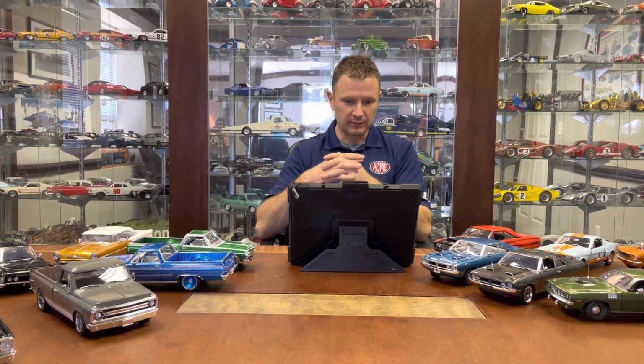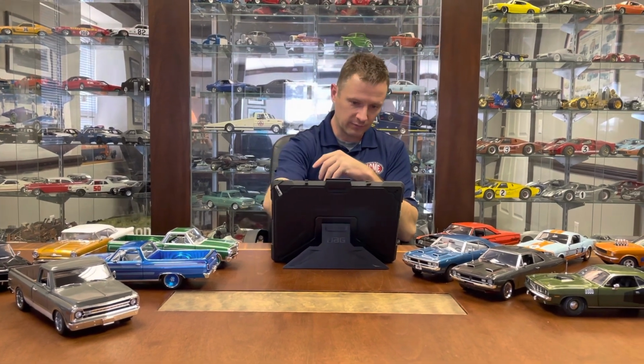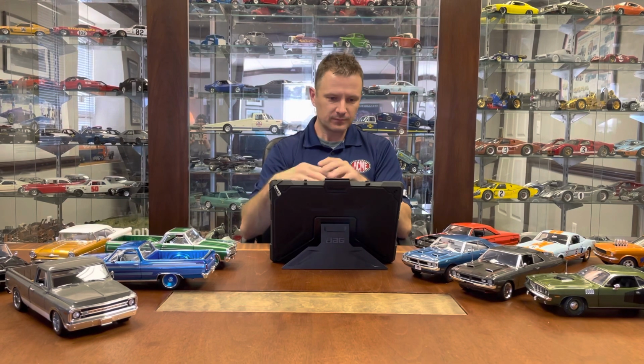And then obviously we got some Boss 429s coming throughout the year, some CUDAs that we're working on. Like we touched on in the new tooling stuff, the '68 GT500 KR convertibles. We got several of those that we're going to be announcing over the course of the next couple quarters. Let's see, '68 and '69 Camaros, some drag, some stock production, and then